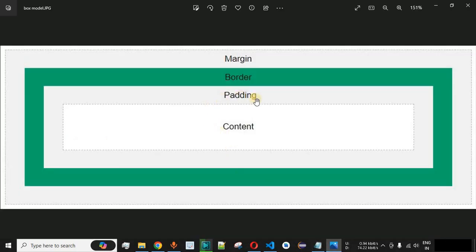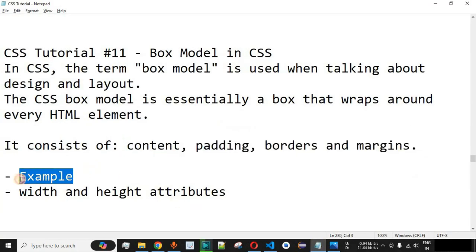So guys, this is an example of the box model in CSS. First of all, we have the content in the middle, which is surrounded by the padding that we specify in the CSS file. If we have not specified any padding, it will be 0 pixels when we see the box model on the web page. Apart from that, we have the border, which surrounds the padding of the web element, followed by the margin on all four sides. This is the box model in CSS that every HTML element is represented by when you inspect it on your web page. So guys, let us check this with the help of an example in VS Code.